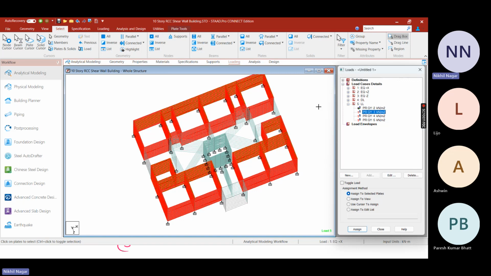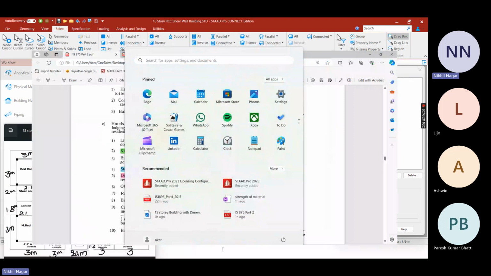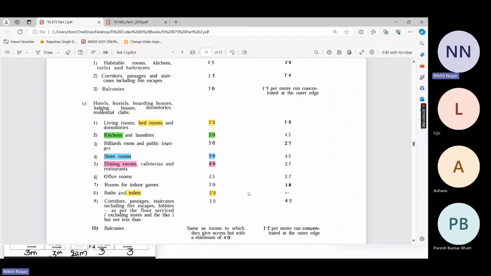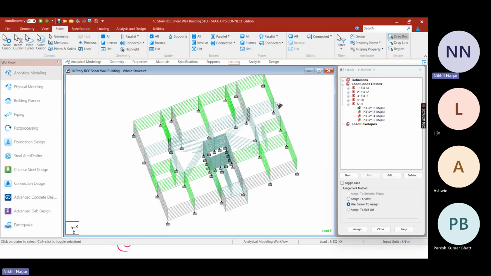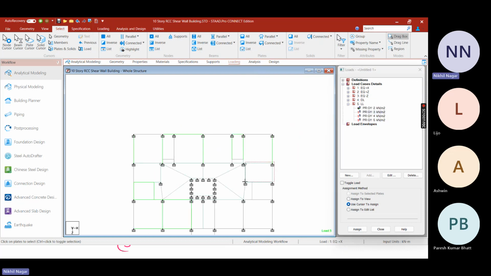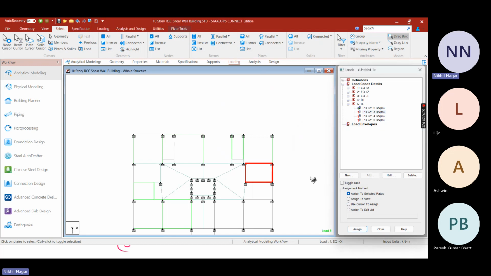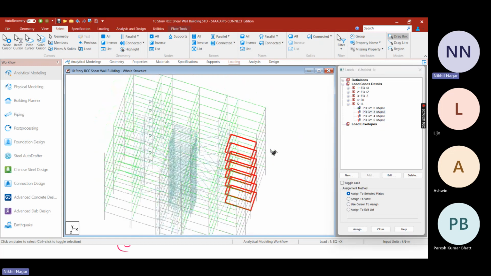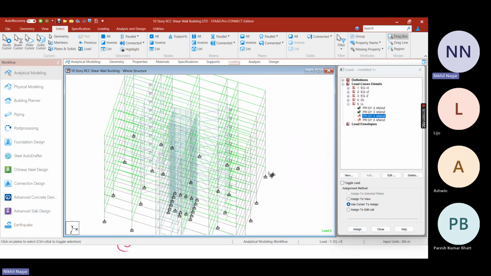Now for the 3, we have to select. 3 is for kitchen, and the kitchen is only at this level. So let's go to the top view and select this, and assign to selected plate. You can take a view also by rotating your model. Now, 4 is